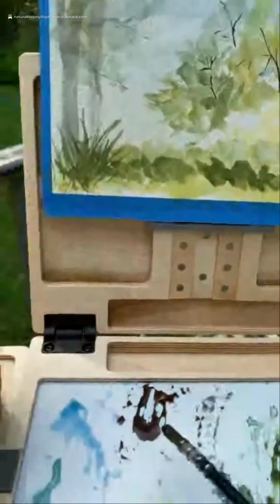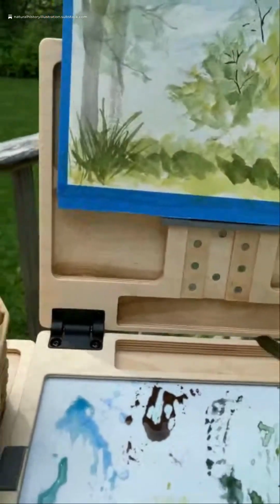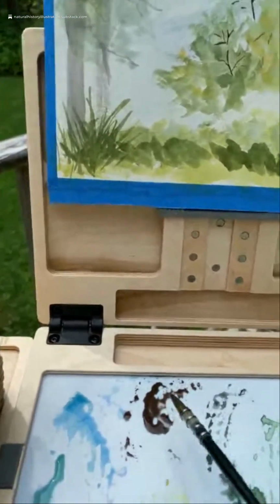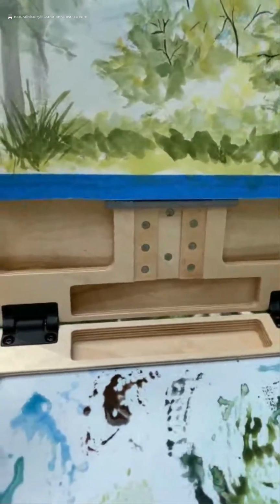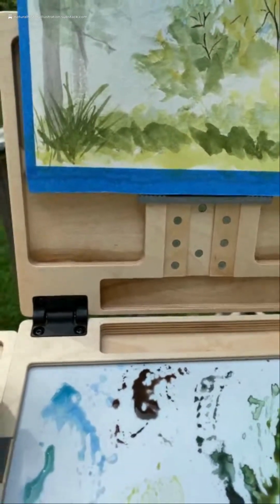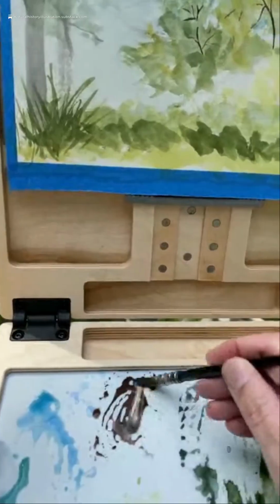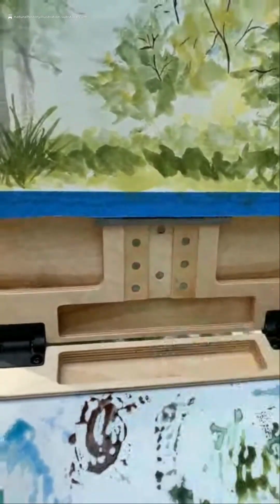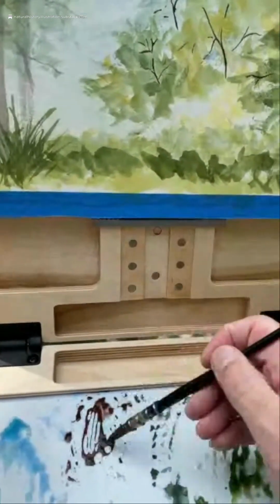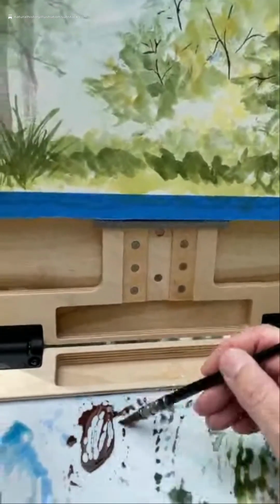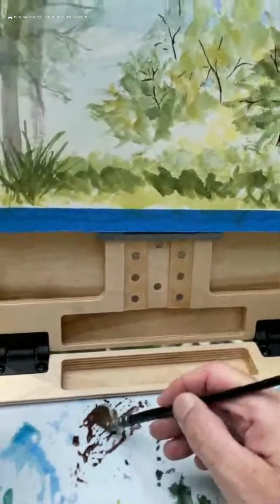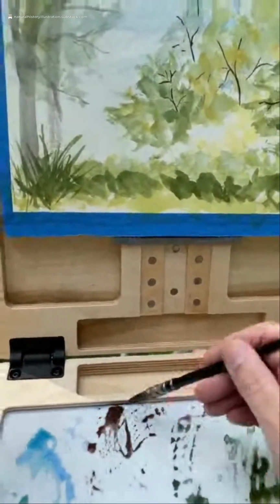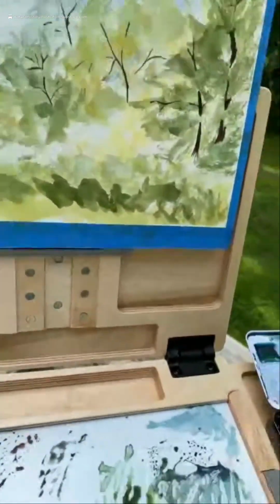Okay. One of the other reasons I like to use chromatic black and burnt sienna to make a brown is because there's already red and green in the mix here. I could pick up some more of that anthraquinoid red and introduce it and subtly change the brown into more of a reddish, a little bit more chroma. And if you go back to the Tuesday series that I had where I explained chroma, how bright things are, this is going to have a little bit more chroma than, say,